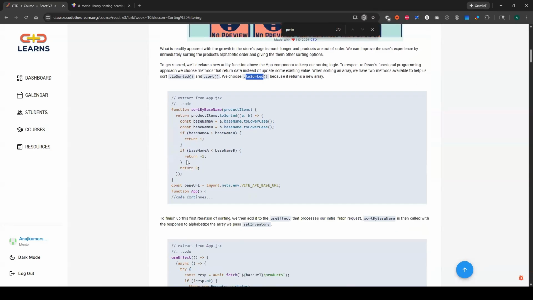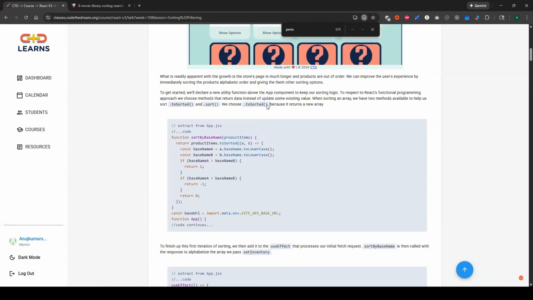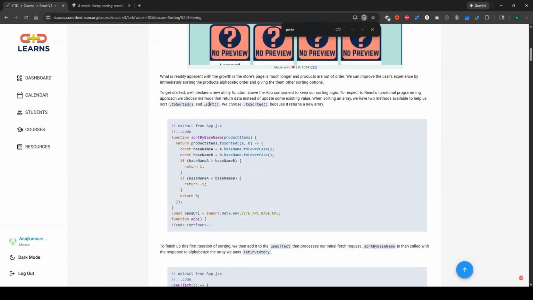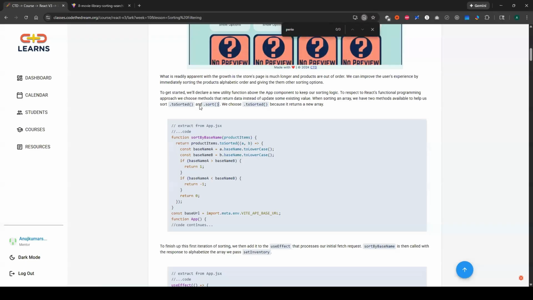I mean, there are different ways to sort, but I typically like to use the sort